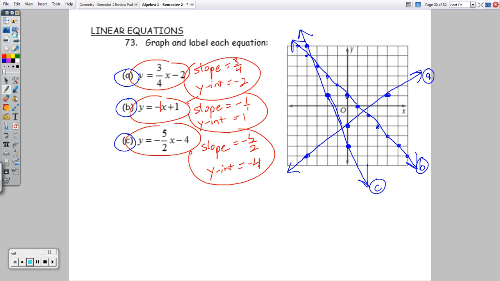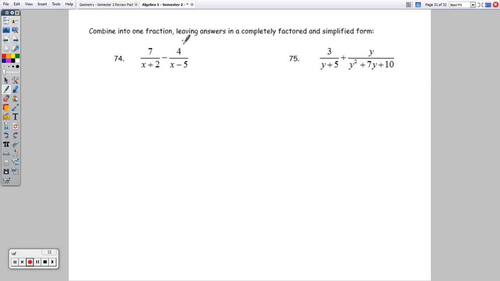Number 74, getting close here. Combine into one fraction, leaving answers in a completely factored and simplified form. On this one, we think of this as one factor, x minus 2, and we think of x minus 5 as another factor. To combine expressions like this, we would have to get a common denominator if we're adding or